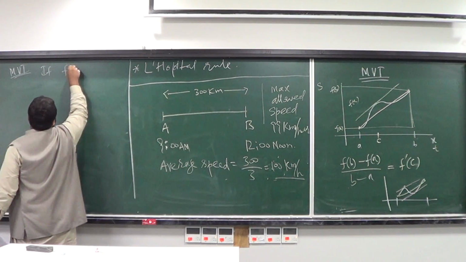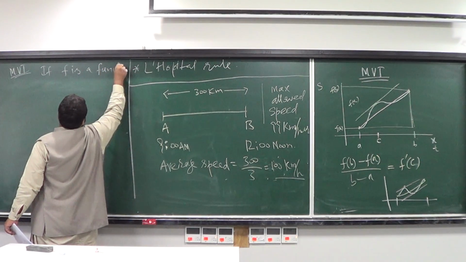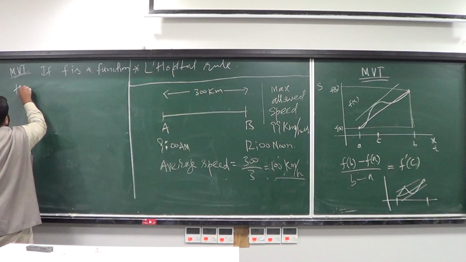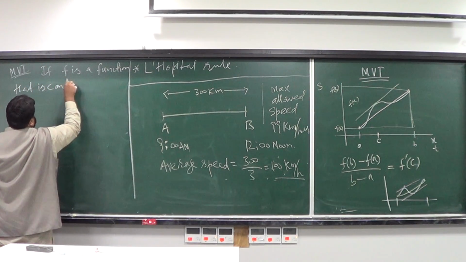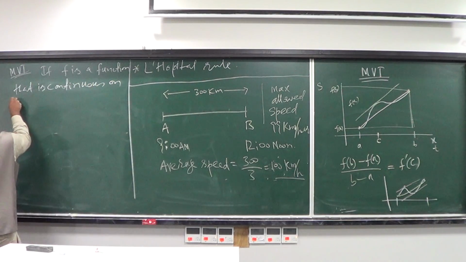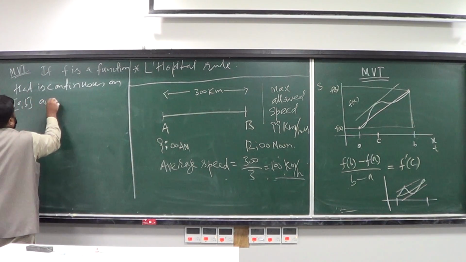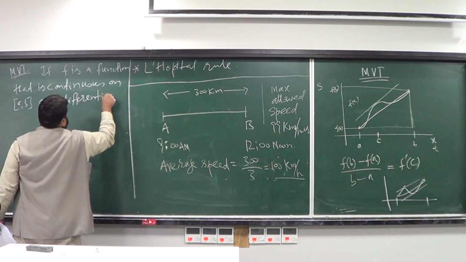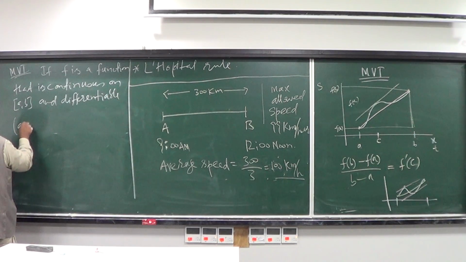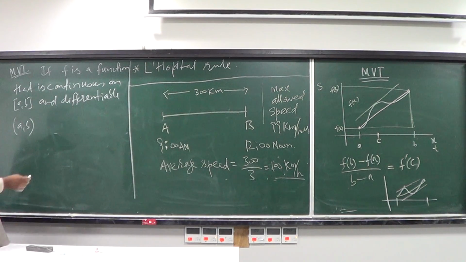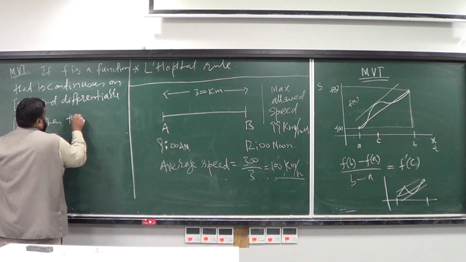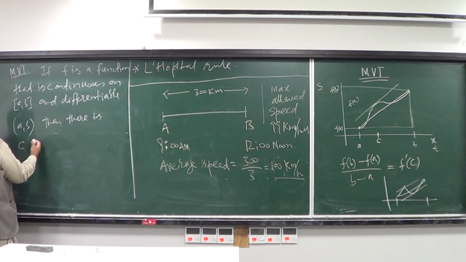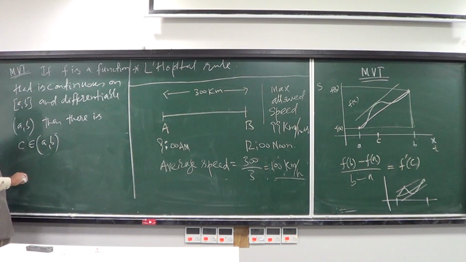if f is a function that is continuous on the interval a to b, so it doesn't have kinks, and it is differentiable on all points between a and b, not including a and b, then there is a point c in the interval a to b such that